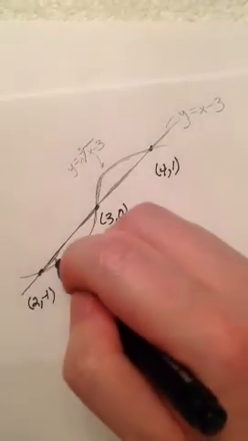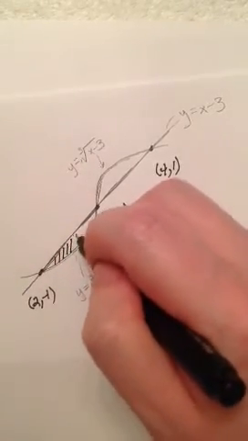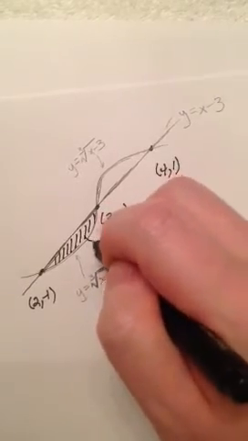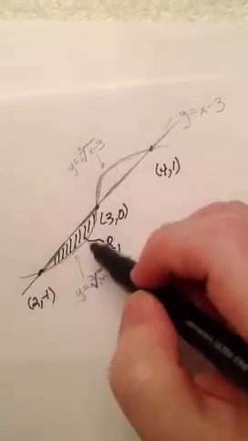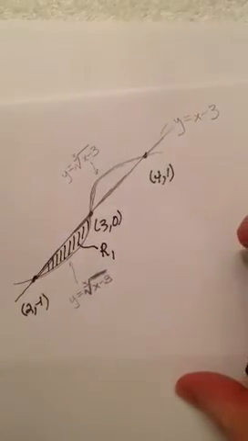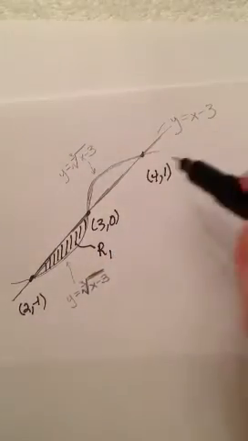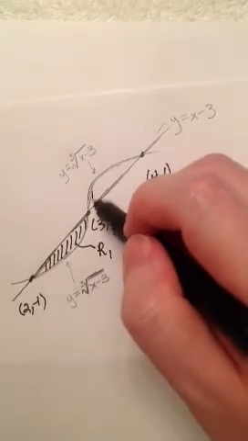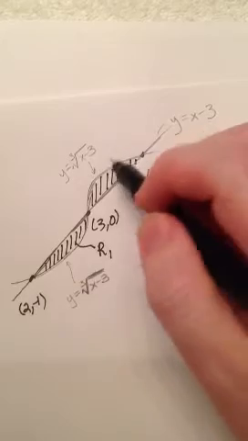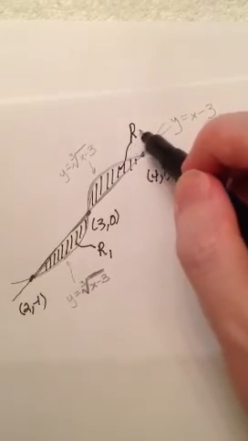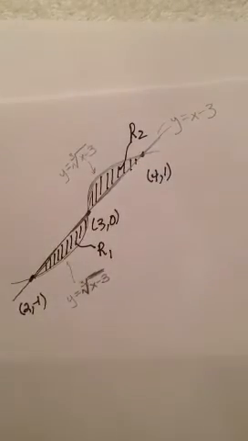Okay, notice we have y is equal to x minus 3 is going to be above the cubic root function. If we take integrating with respect to x, taking vertical slicing, okay, the linear is above the cubic, but as we get past (3, 0) on out to (4, 1), okay, this time the cubic is going to be above the linear, and we will refer to this region as R2. And so with what we have in configuring the area,